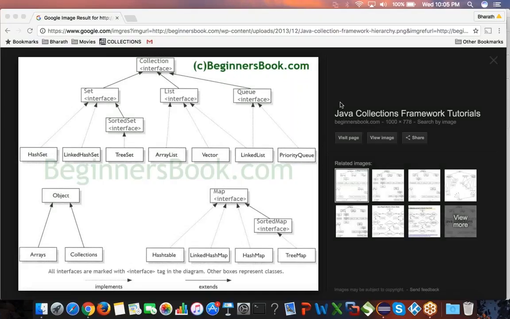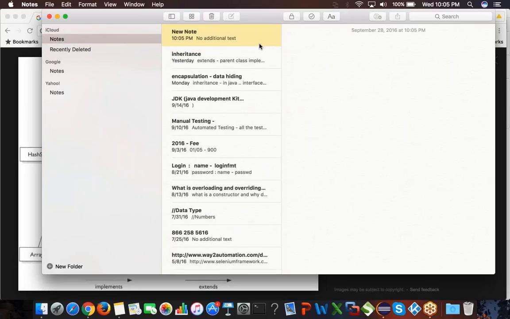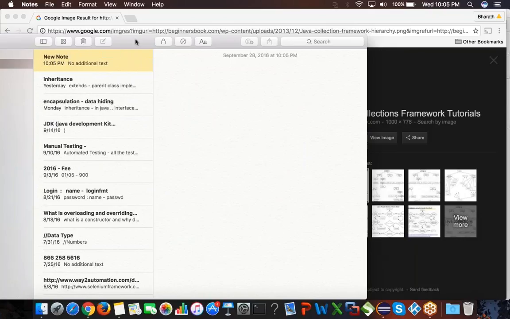Okay, so today we will be seeing collections. Collections are something like data structures. We can say they're like data structures. Let me write a new note. So we can call data structures. When I say data structure, we can have